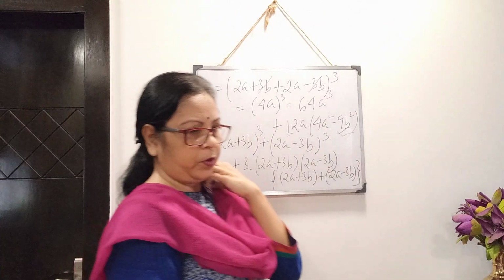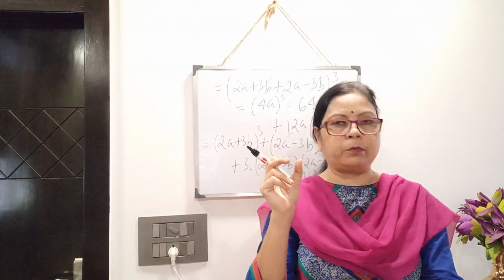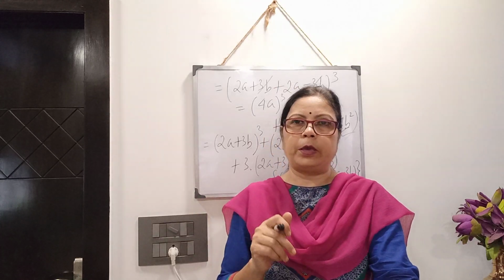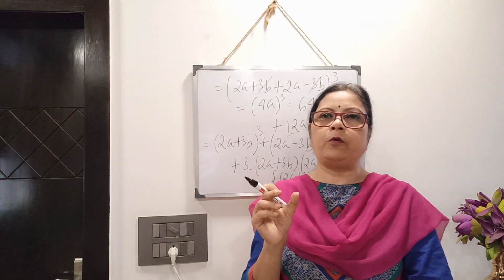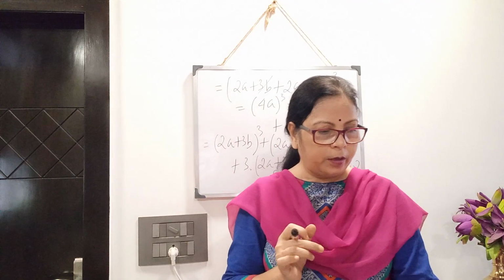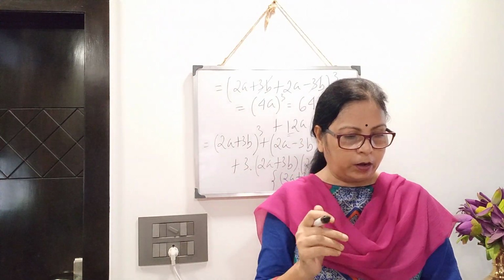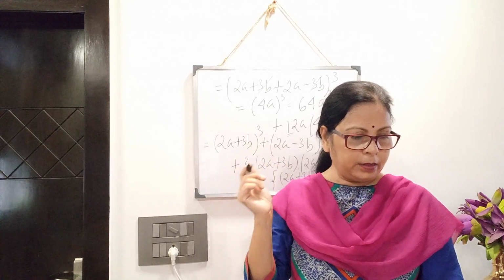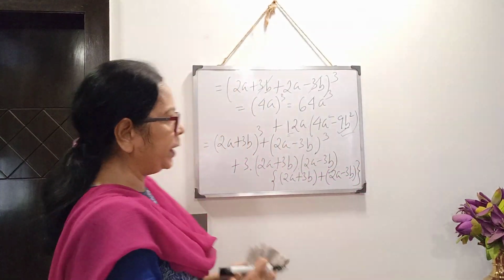The first one was easy. That was given in just the first formula, (a + b)³ = a³ + 3a²b + 3ab² + b³. But 23 is not given in that form. We have to arrange it. Clear? In this way we will arrange. So sum number 29 is also the same type, you will arrange in this form. Clear? Then we have to do the next one next time.